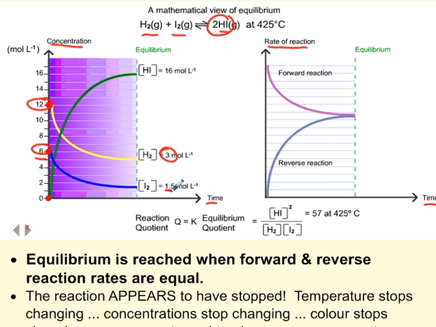So if it began at 6 and fell to 1.5, then the iodine has dropped by how much? 6 take away 1.5 means it dropped by 4.5 molarity. While the hydrogen started at 12 molarity, during that same period of time it should have dropped by the same amount because its ratio is 1-to-1. So if it started at 12 molarity, it should have dropped from 12 down to, let's see, 8, and